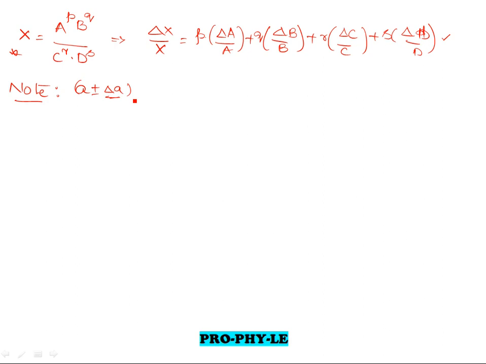If you don't know the mean absolute error in any measurement, then you have to take the least count. Least count is nothing but the least possible value that you are measuring with any instrument, or in any measurement the least possible value that gives the least count, or we'll call that accuracy. So you have to know either the least count or the accuracy of the measurement, which serves as the absolute error in that particular measurement.